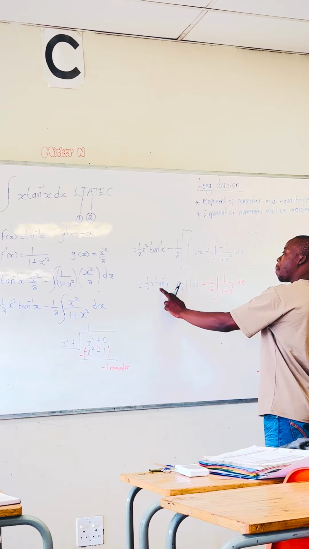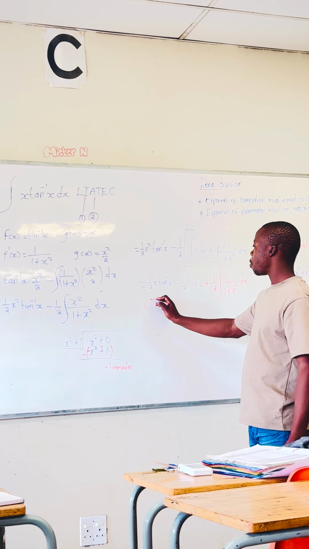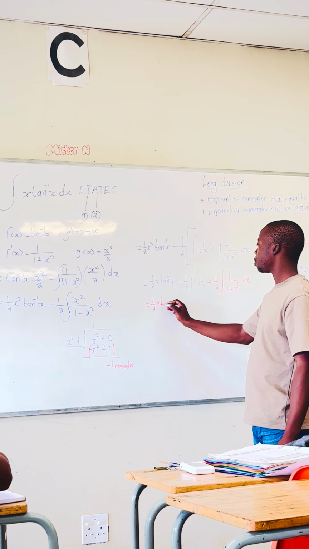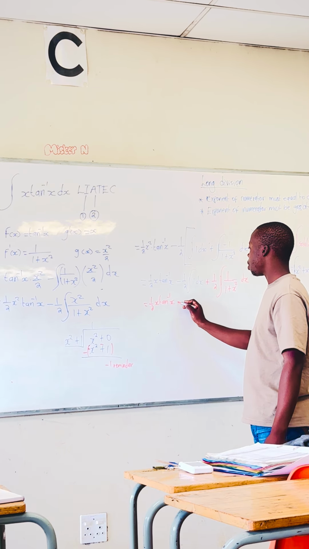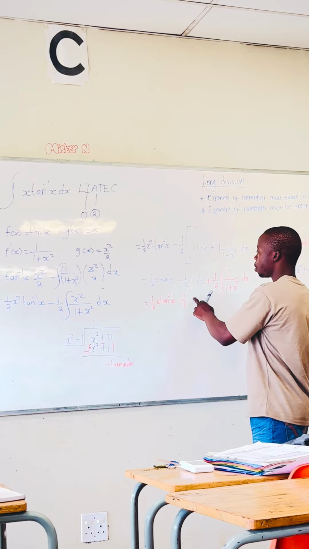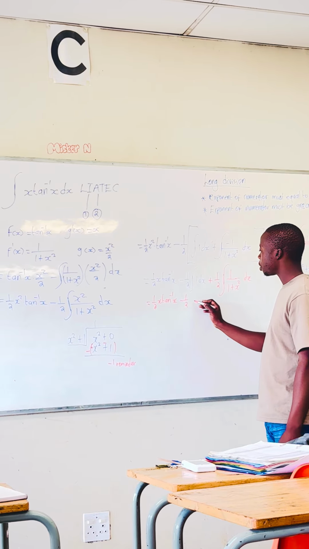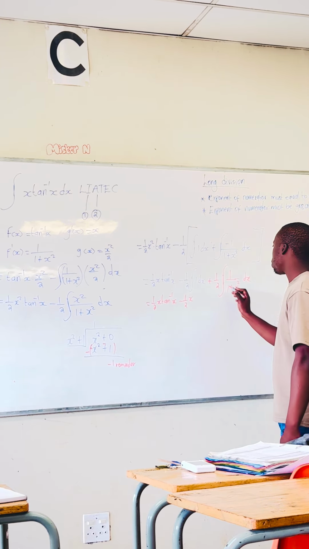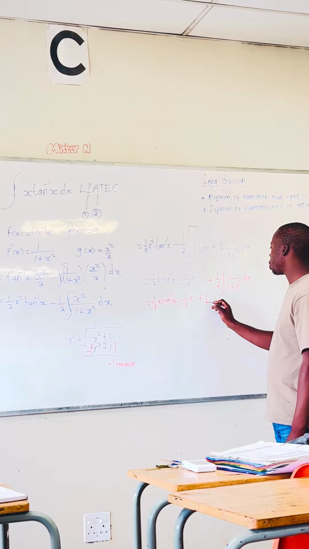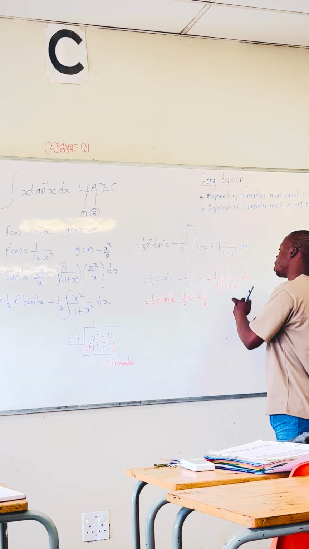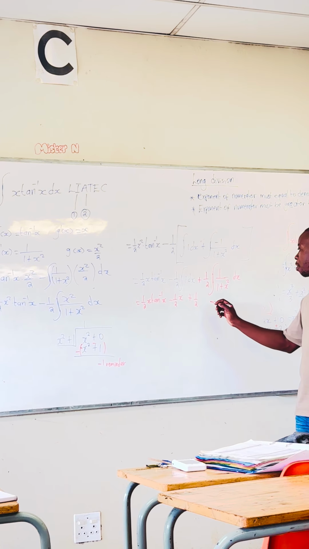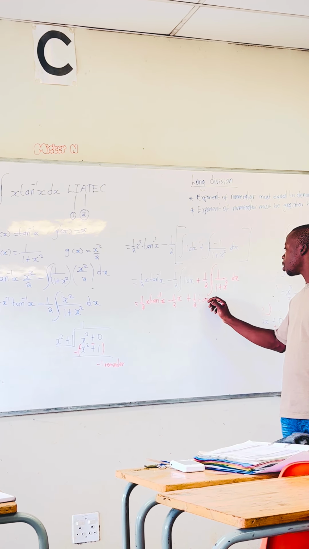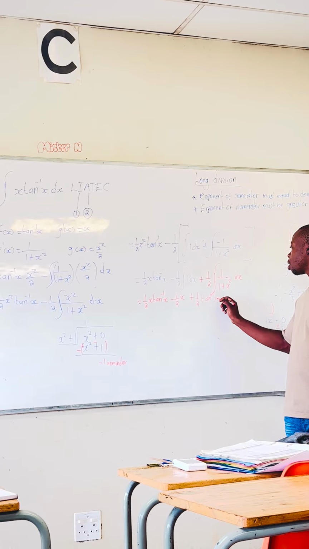So this is already part of our solution, and then what's the integral of this? 1/2. So the integral of this is x. We have a constant which is 1/2. What is the integral of this? We reverse from dy/dx back to the original. Plus